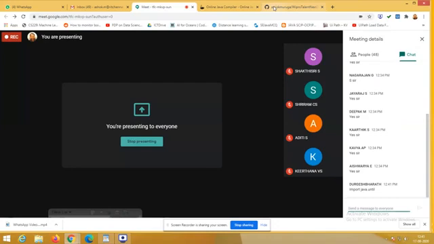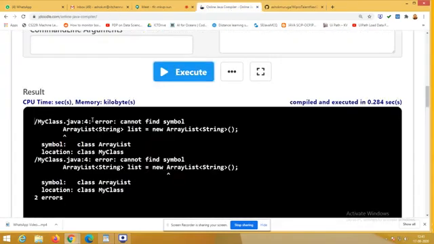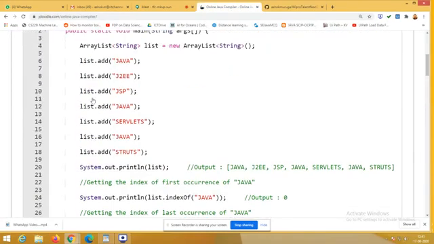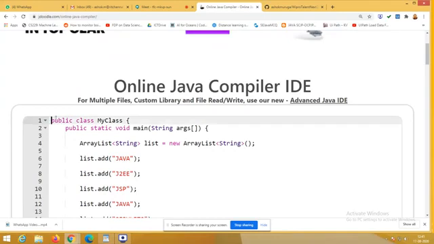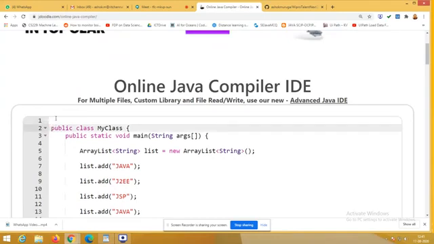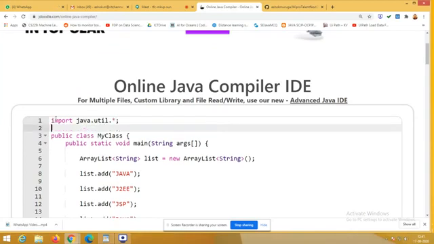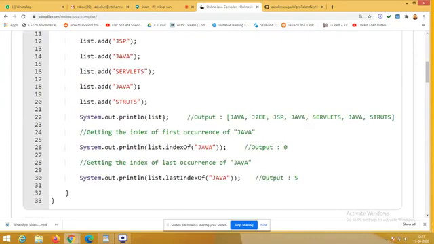Very good, Durgesh. Because ArrayList is available inside the package util, here I have to import java.util.*. So that's the case. Now we'll execute.